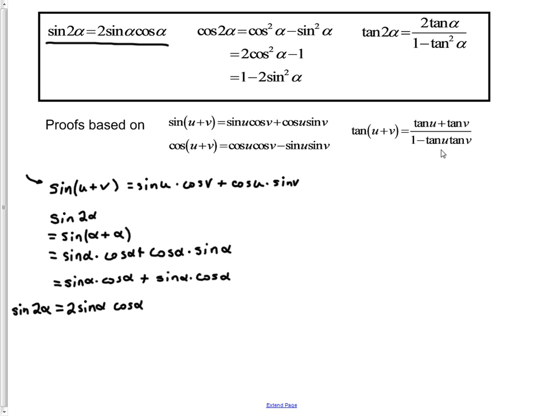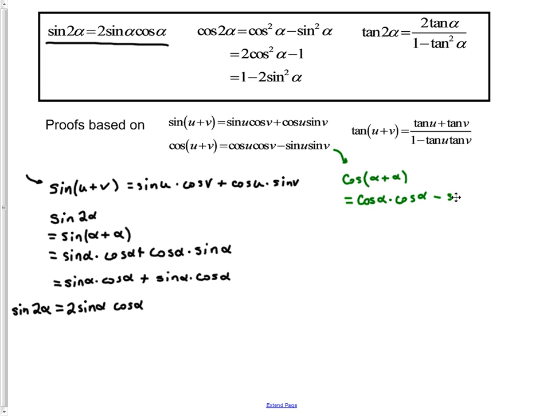And you can actually see the family resemblance of tangent of u plus v with tangent of 2 alpha. These other two for cosine might be a little bit more challenging. So let's just quickly talk about those ones. What about the cosine? Well, if we use this formula right here and replace it with alpha plus alpha, we can still see the same sort of thing. If we take the cosine of alpha plus alpha, which is the cosine of 2 alpha, we're going to get cosine of alpha by this formula times the cosine of alpha